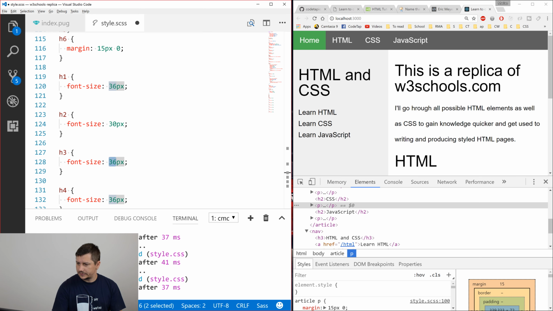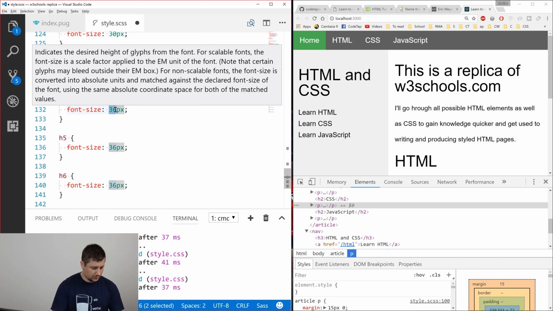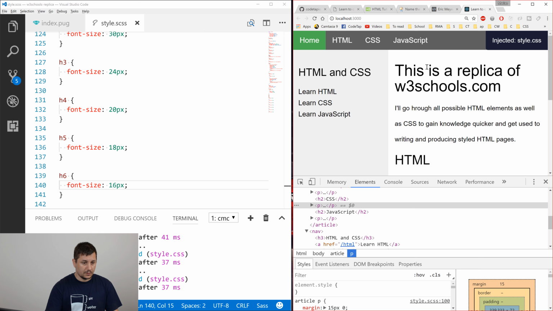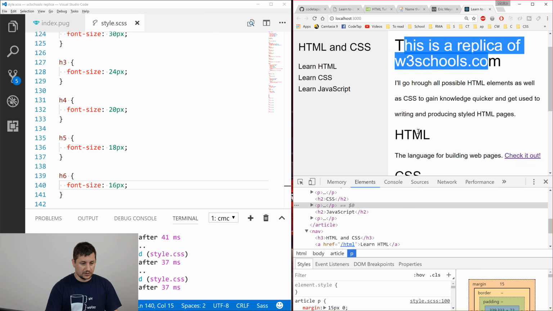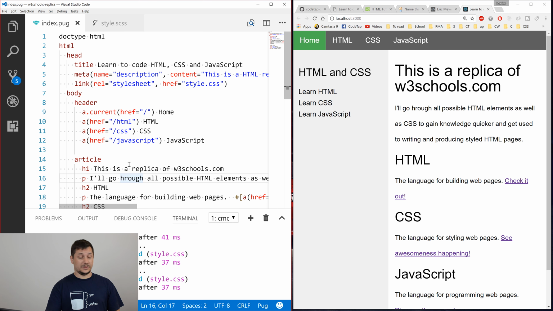Let me check this. 24, 2018, 24, 2018, and 16. Yep. So now I got this H1 tag, H2 tags, and H3. I just found a typo,